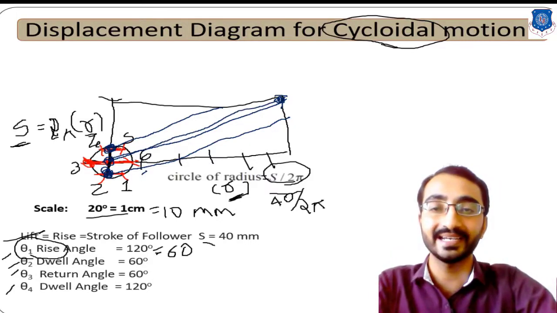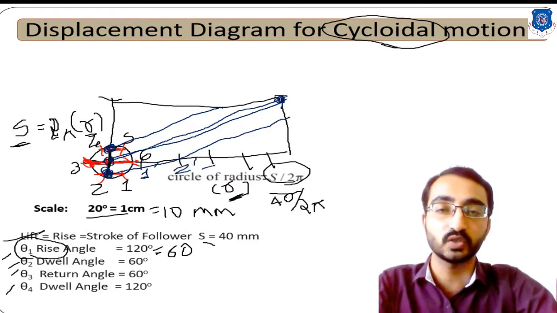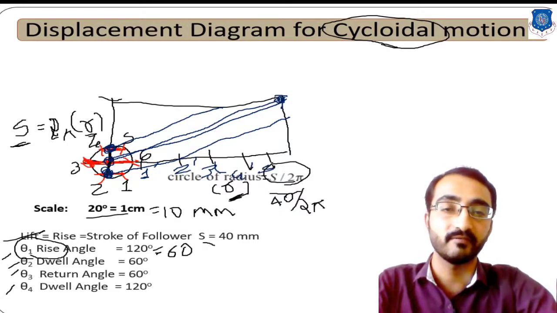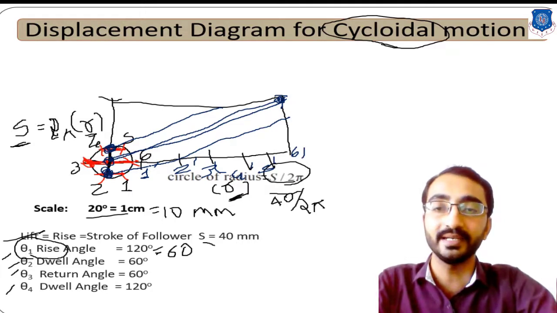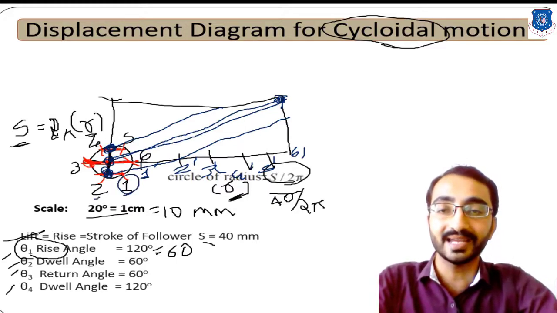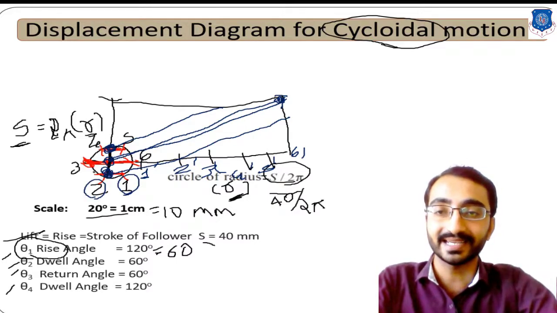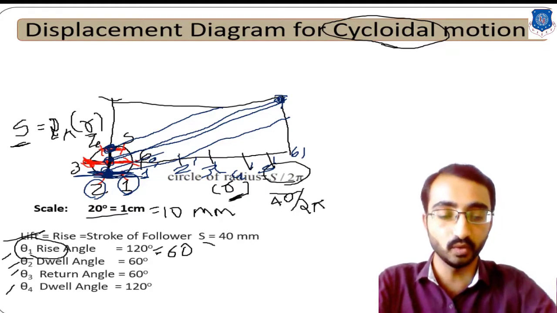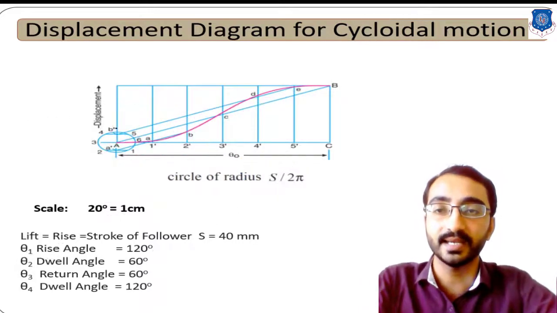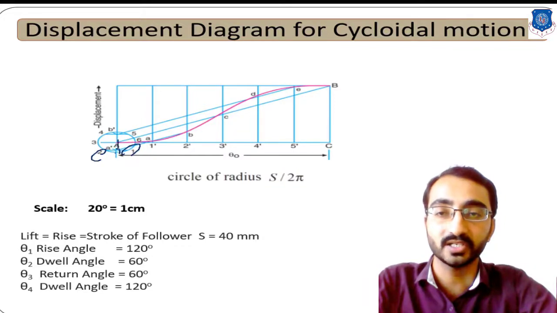Now simply extend from these divisions. So from the 1 dash, 2 dash, 3 dash, 4 dash, 5 dash and 6 dash points, if you observe over here, for the first and second points your extension line is this horizontal line. This intersection point will give you the pattern like this. If you sketch like this, from this first and second point, your A dash line, which is your first intersection point, from that you will extend a line like this. So over here you will get 1 dash and 2 dash.